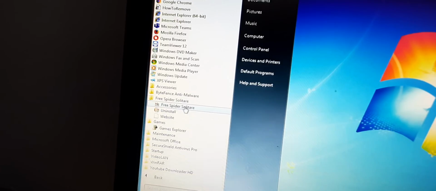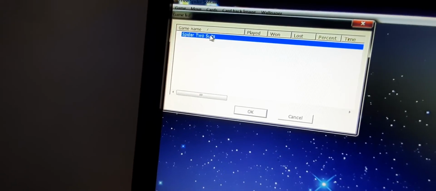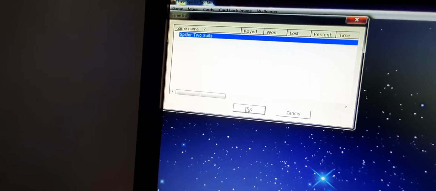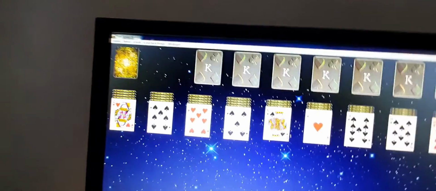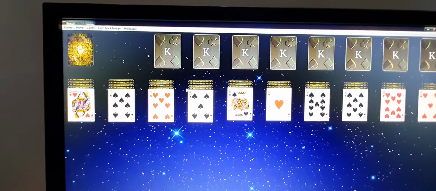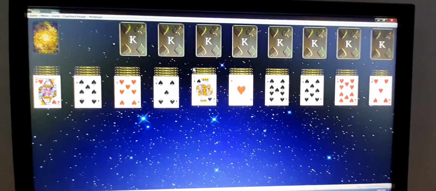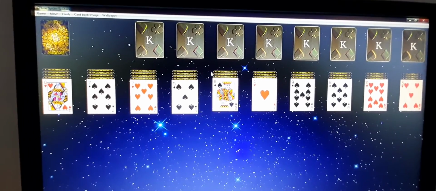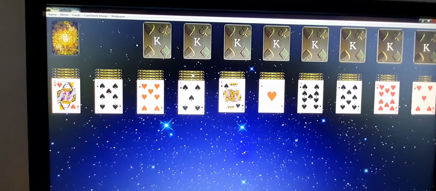So I will open this game for you. Okay, now this game is opened for you. Here it is saying spider 2 suits. So we will click on it and this game is open for you to play. Okay, so this way you can play games. If you have other games in your system, you can play them also.